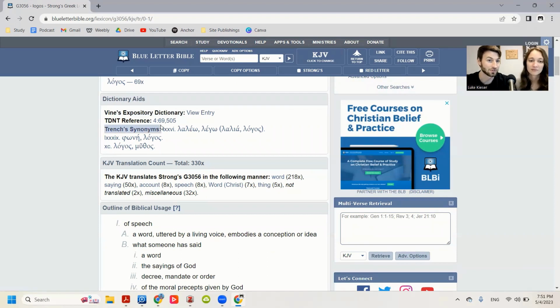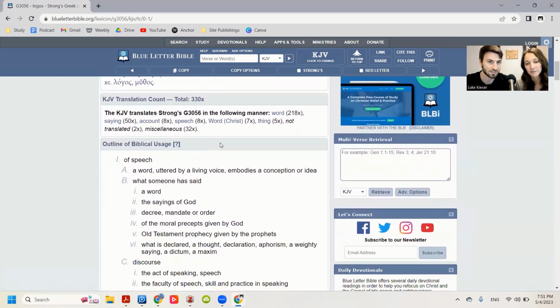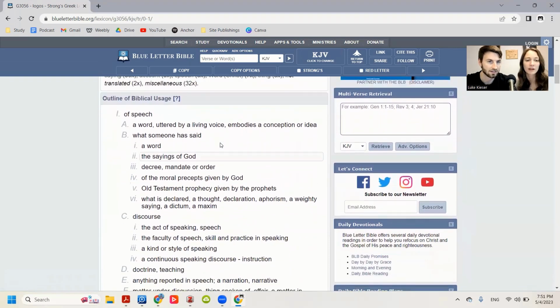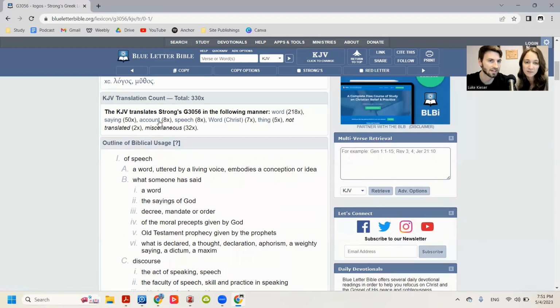And this is also a really good one, Trench's Synonyms. It just gives all the different similar words to look up, distinguishing them. You can click on these links. Okay. Then it gives you how the King James translates it. So the King James translates the Greek word in these different ways: words, saying, account, speech, word, thing. Yep. And that can often help you get a sense of the different nuances,